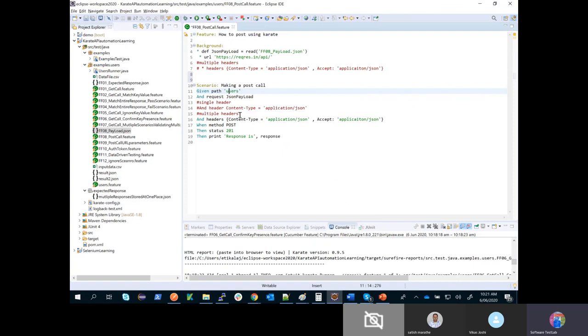Always remember, once you do your path and your payload, request the payload. Then you also need to make sure your headers are the same here. If you see here, I have mentioned two ways. If you have only one single header in your API call, you could just uncomment this one, and set header content type equal to application JSON. Yeah. So if you go back to,